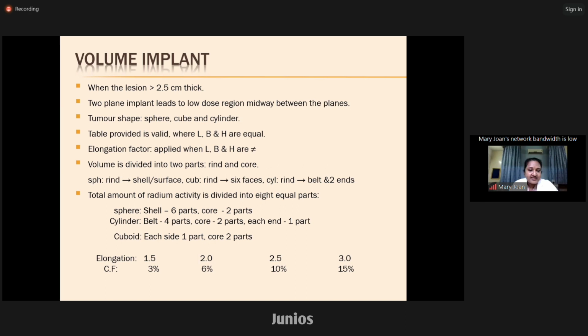For a sphere, the rind is the surface of the sphere, and for the cube, the rind is the 6 faces. The total amount of radium activity, the shell will have 6 parts. And for a cylinder, the belt will have 4 parts and the core will have 1 part. And for a cuboid, each side 1 part and core 2 parts. The elongation correction factor for different lengths is 1.6%, and 10%, and the belt should not be